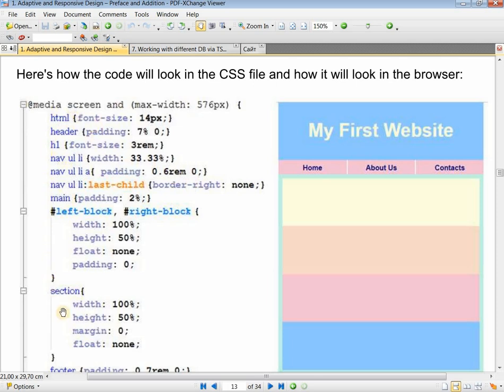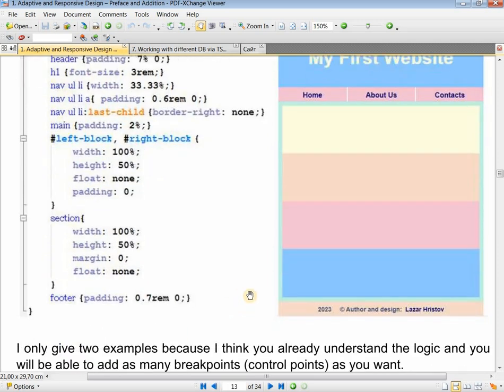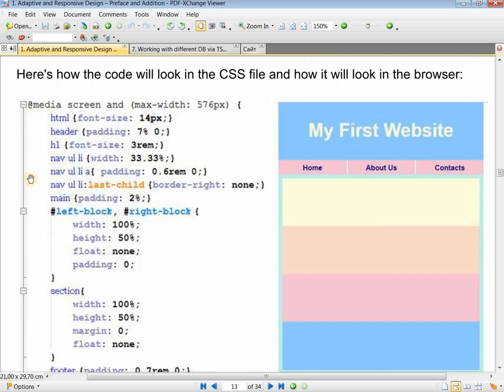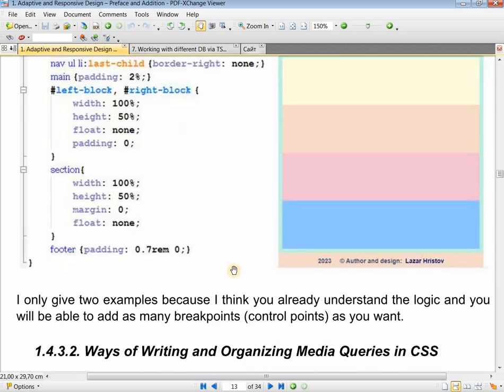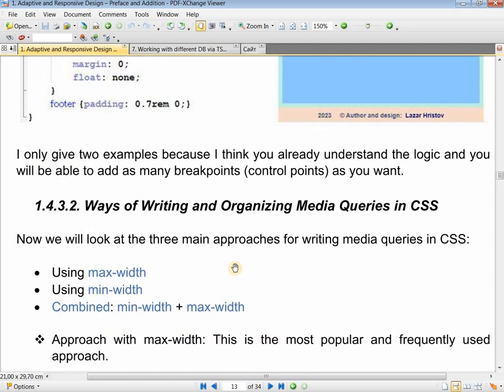On mobile phones. Here. How it's done. Actually, this part here in the media query makes it so that the blocks are now arranged in separate rows, in a single column. Here, you see this is already done with the width. 100% is set to each block. Like this. I only gave these examples because I think you already understand the logic, and you can add your